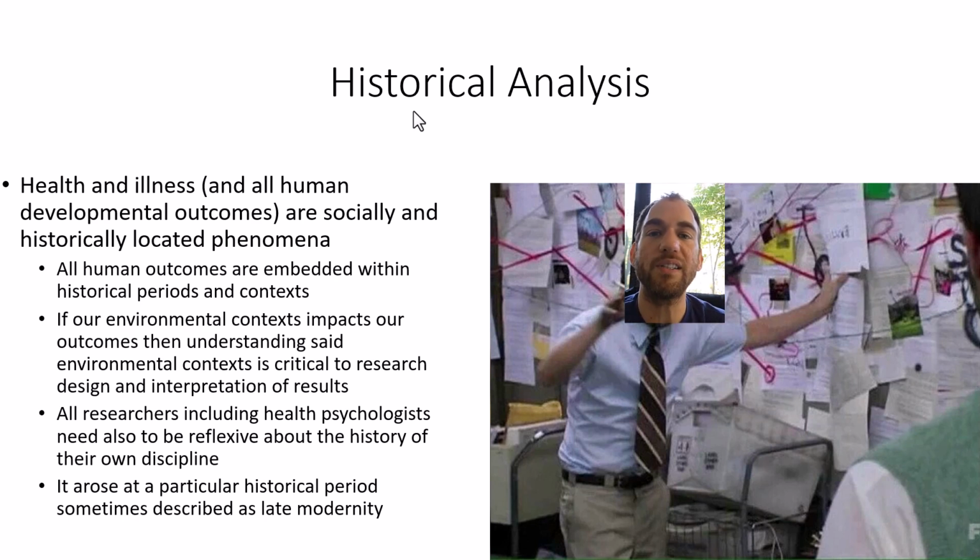So, for example, what is the impact of losing your job on a health outcome? Well, if that occurred during the Great Depression, an older adult, a 65-year-old losing their job, well, they're kind of screwed. Probably their health outcomes aren't going to be great. Why is that? Because Social Security doesn't exist. Medicare doesn't exist yet. They're in deep trouble. Versus now, theoretically, those older adults have access to Social Security and Medicare. So the impact of losing their job at 70 years old may be different than it was